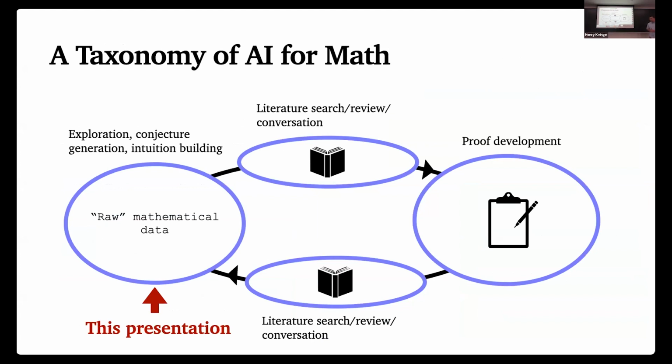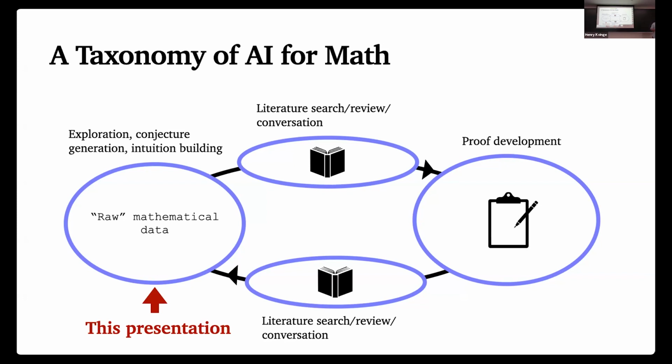Okay, so in thinking about AI for math, one way you could break this down is in terms of the mathematician's workflow. This is a diagram that I'll admit I did not put a ton of thought into, but I sat down the night before I was supposed to give a presentation about this stuff and tried to think through what is one representation of the process that a mathematician might go through when they're doing research. And just based on introspection, mostly from back when I was proving things as a PhD student and postdoc,